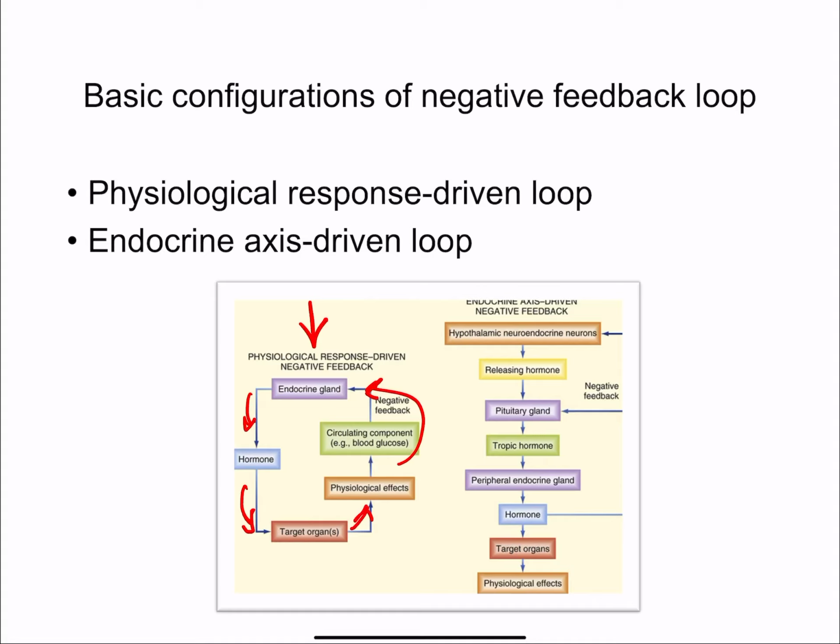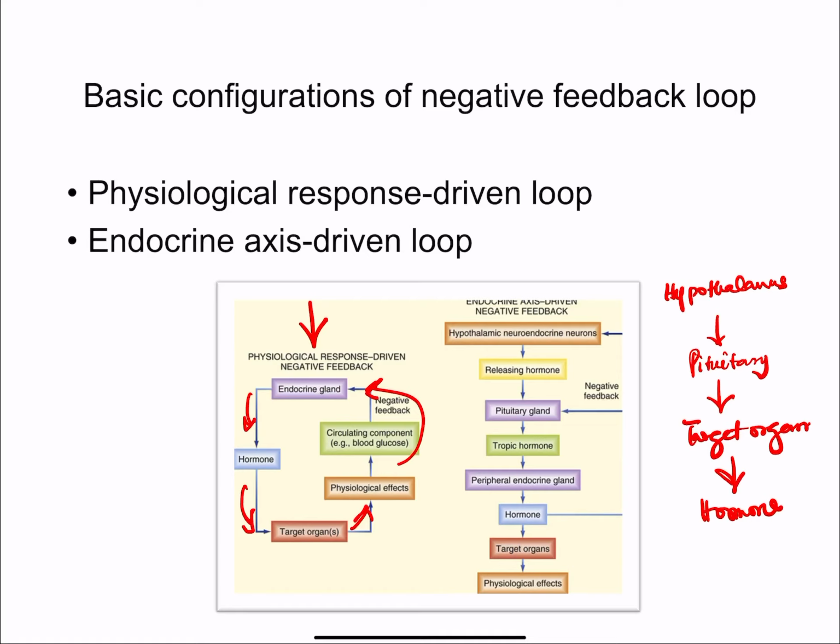Then we have an endocrine axis driven negative feedback system. We're going to talk about this in the next lecture, but we have what we call the endocrine axis. The endocrine axis usually comes in three levels. We have the hypothalamus, we have the pituitary, and we have what? We have the target organ. So the regulation of the hormone that's produced by the target organ is in three levels: hypothalamus, pituitary,